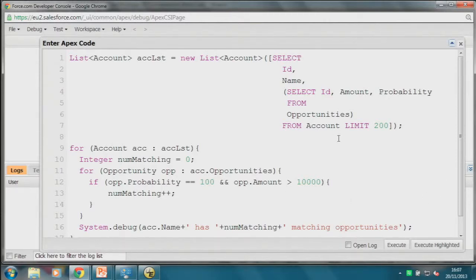And actually here, you'll probably see if you're used to SQL, I'm not actually making a relationship between the two, because Salesforce inherently knows that this is a related object to the account. So you don't need to make any join between the two objects within Salesforce. It just knows to pull out those opportunities. So if I execute this,